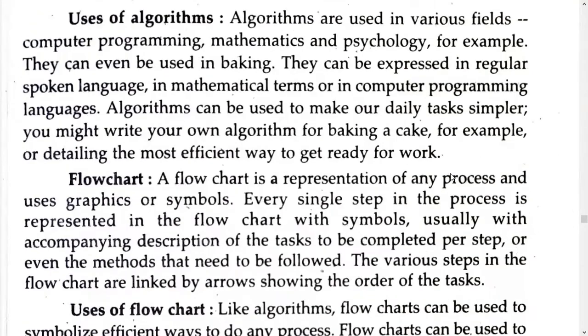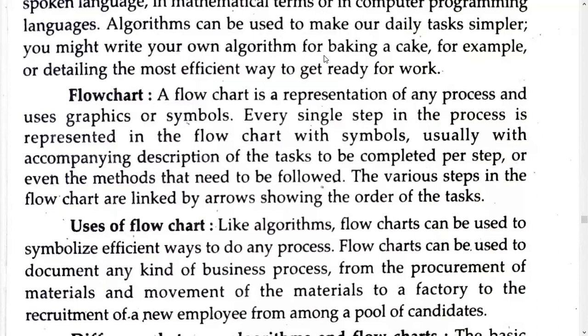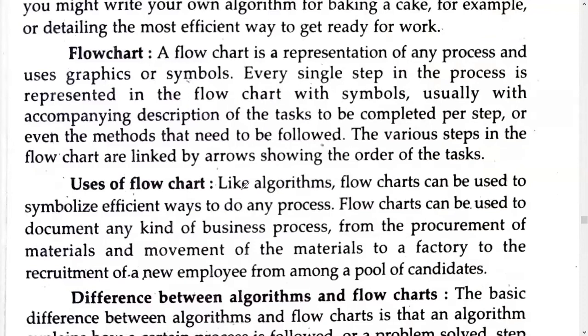Okay, next one is flowchart, which is a diagrammatical representation of the task. Uses of flowchart include simplest understanding of the process and the direction of the process. Algorithm is like a manual, whereas flowchart is a diagrammatical representation. Diagrammatical representation is always very useful in understanding any process. However, to represent the diagram, we need the instruction. That is an algorithm. Both flowchart and algorithm are dependent on each other.